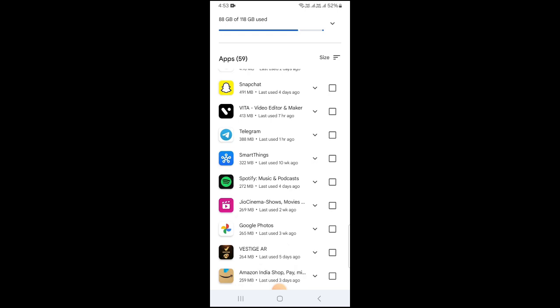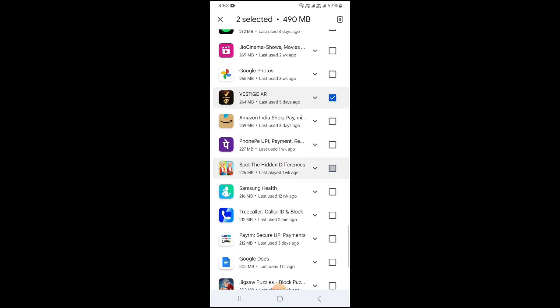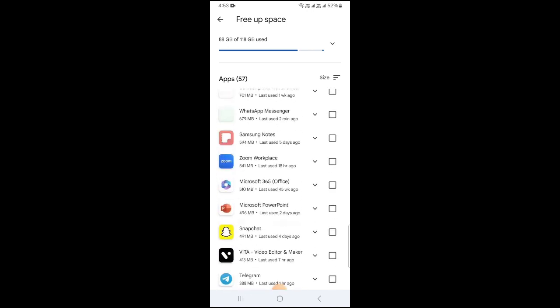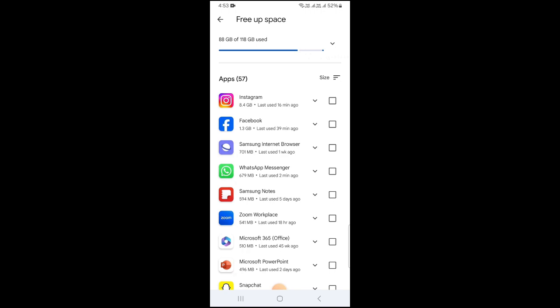So make sure to uninstall those apps which you are not using. So go for those apps and simply uninstall them, and you will get this extra space. Sometimes people delete photos and videos from their phone, but still they are not able to install applications. But the app space is different, which you can uninstall from. You can free up from this space. So friends, now you will be able to do it and able to download